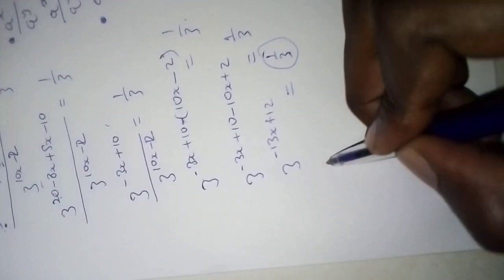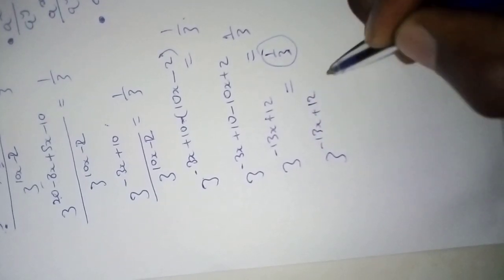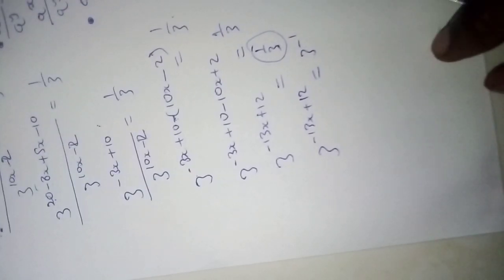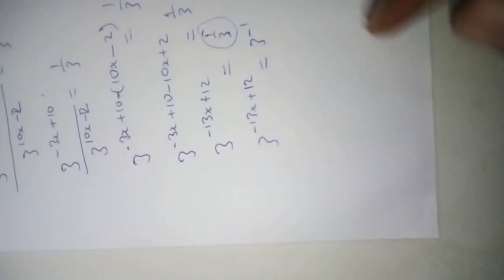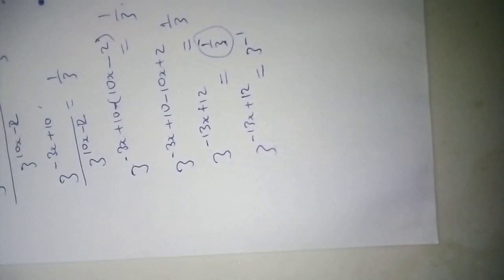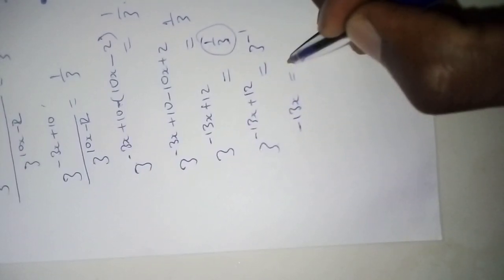So that's 3 negative 13x plus 12. It's equal to 3 negative 1. Right. Now from here, we have two bases that are the same on both sides, so we can equate the exponents. So it's negative 13x, it's equal to negative 1,